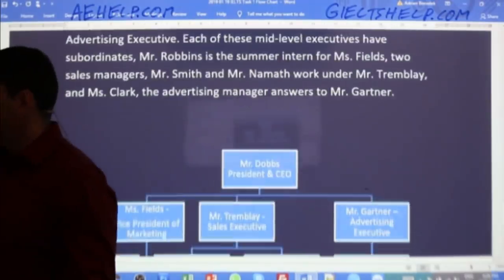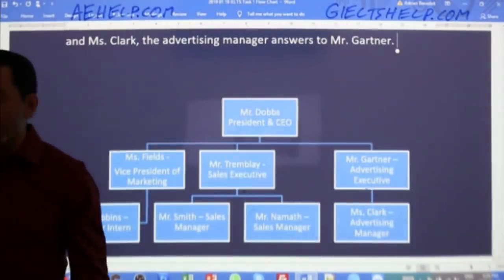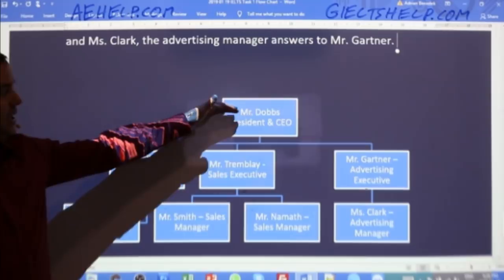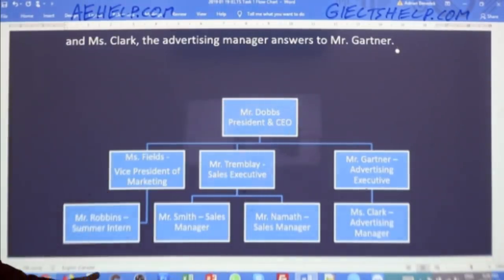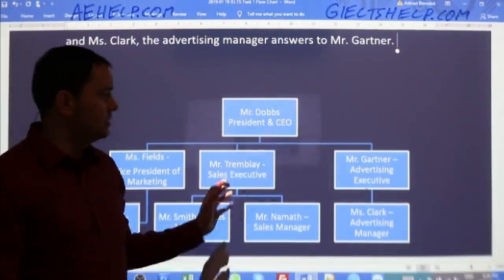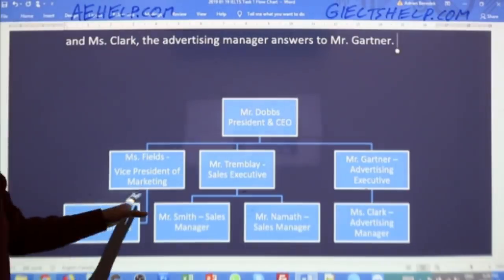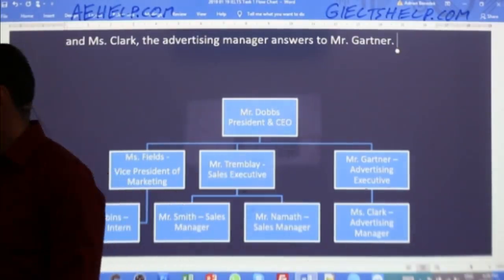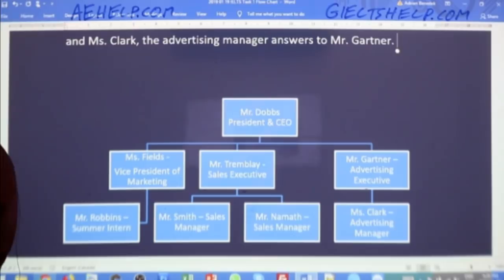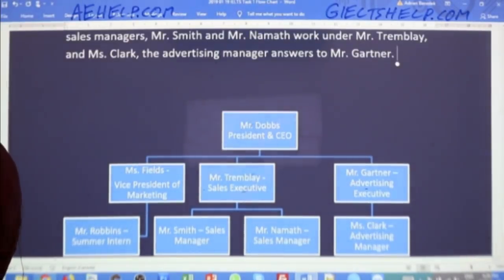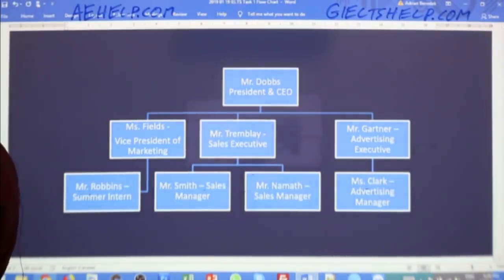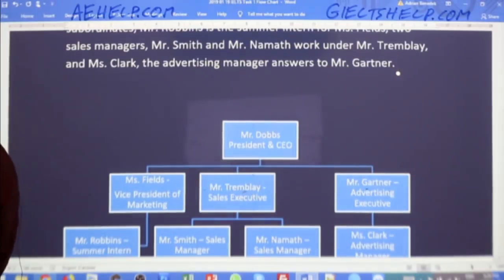All right. So now I've described the different tiers in the analysis, so I can make some comparisons. What can I compare? The size of the departments. Okay, so both marketing and advertising are composed of 2 employees. In contrast, the sales team has 3 people, right? So here we go.